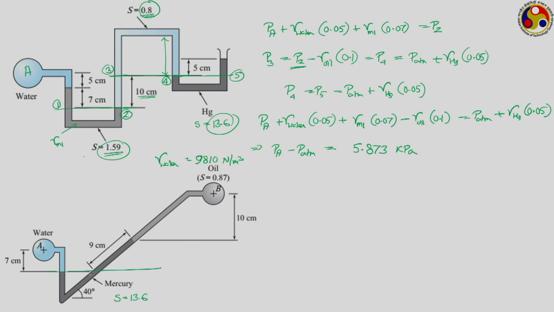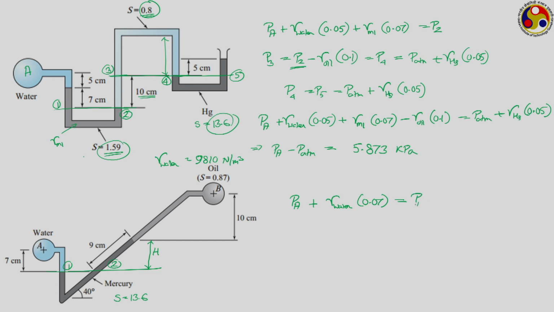Let us take this particular plane, because below this we are having only mercury, so we can continue with this. Let us say this is our position 1, this is our position 2, and let us consider this particular height to be equal to capital H. So, pressure at point 1 is equal to P for water, or P in tank A, plus a water column of height 7 centimeters. So, gamma water into 0.07, that is equal to P at point 2. Now, how much is P at point 2? If we look carefully at the diagram, pressure at point 2